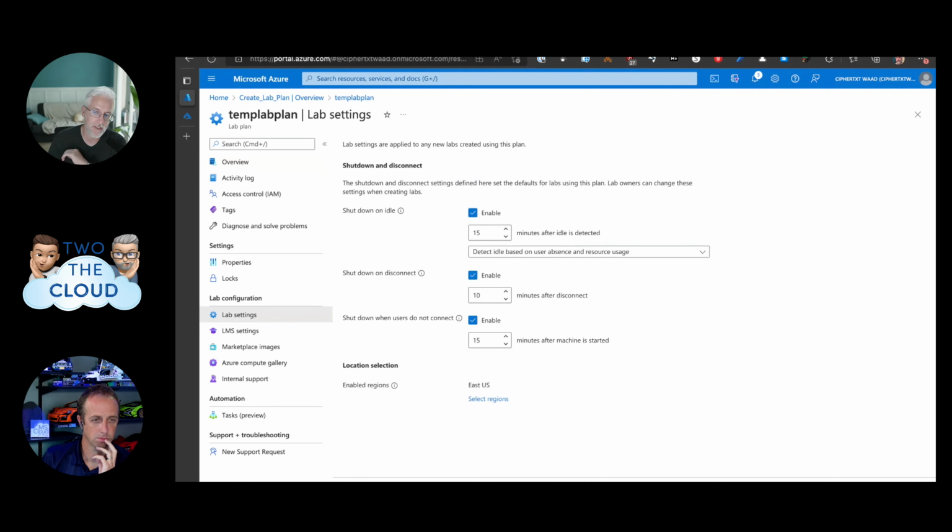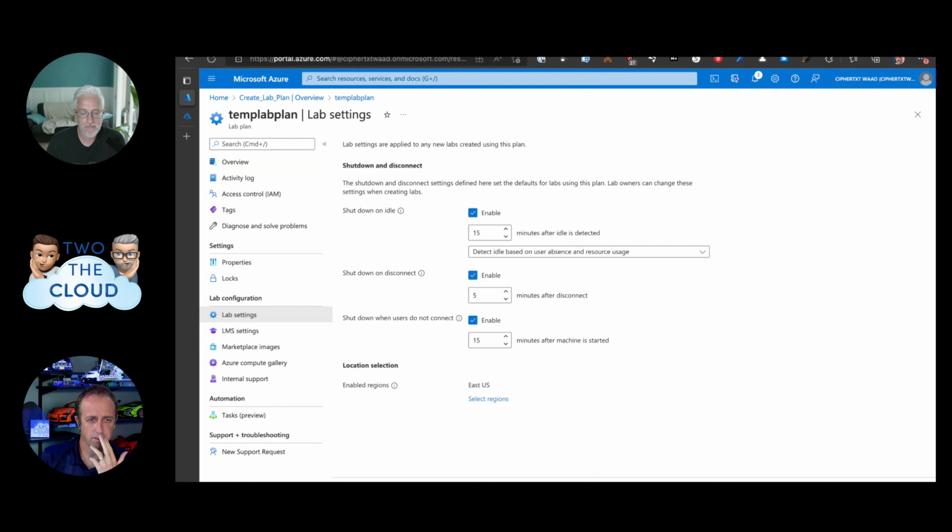Let's say you've SSH'd into your machine. So you set up your lab environment, and the consumer of that lab VM SSHs into the machine. If they get disconnected or they exit that SSH session, it will immediately shut down the VM. And that just might be something transient in the environment. So you probably want to leave it on for 5 to 10 minutes, but it's your money. I can't tell you how to spend it.